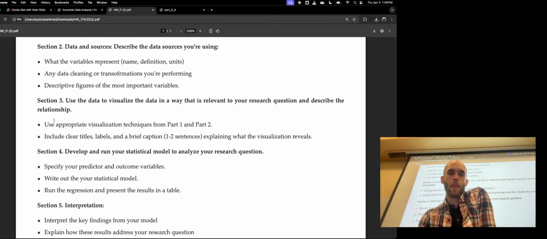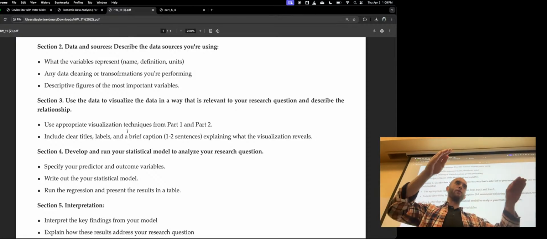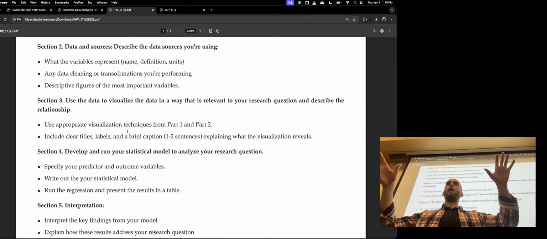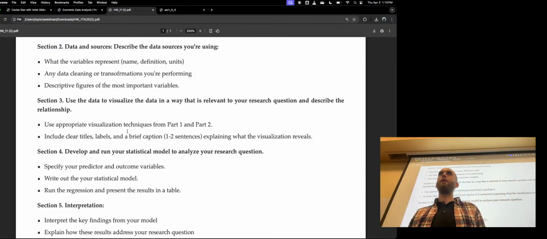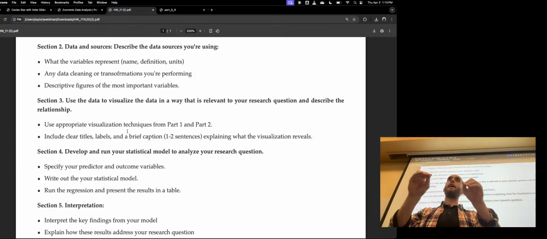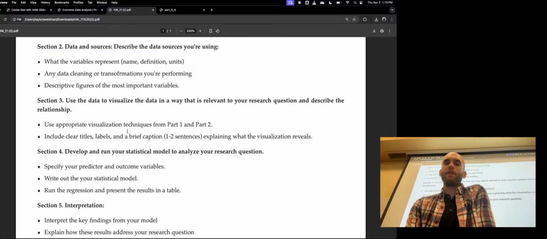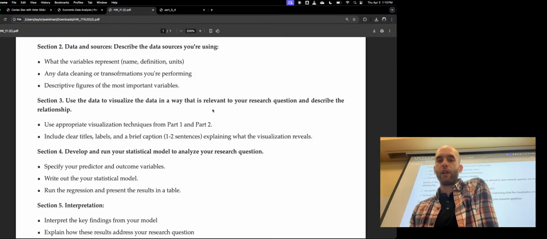And then section 3 is where we start building up the main part of the research program. So we're using data to try to visualize the main question. So you'll have like one or two main figures which allow a reader, or yourself at this point, to try to understand what the data is saying about the research question. So often this is like a scatter plot. I'm going to show you a bunch of examples of this today. But this is often a scatter plot, but it could be other pictures.